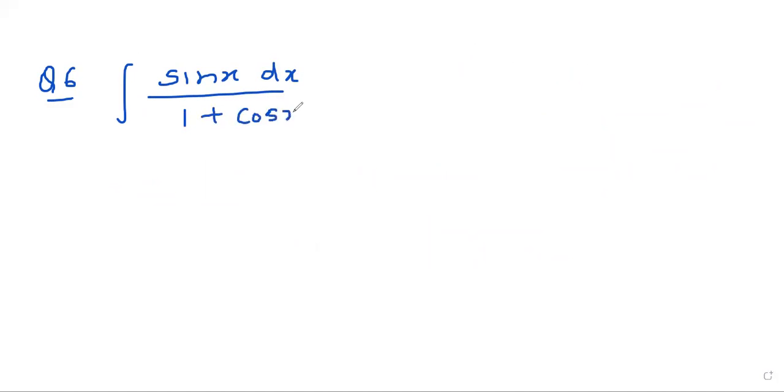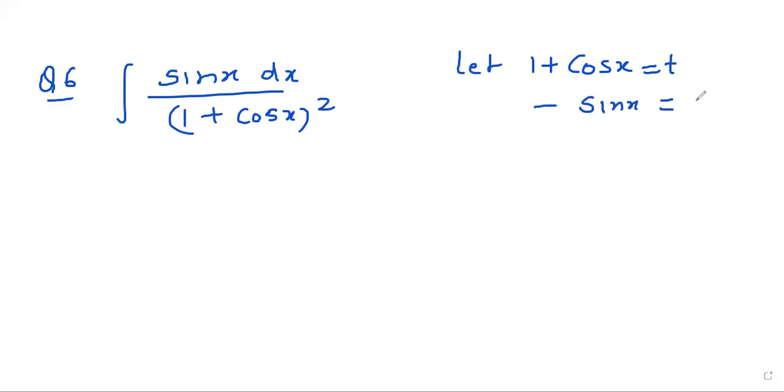Question number 6. Integrate sin x dx divided by 1 plus cos x whole square. Let 1 plus cos x equal to t. Minus sin x equal to dt upon dx, or sin x dx